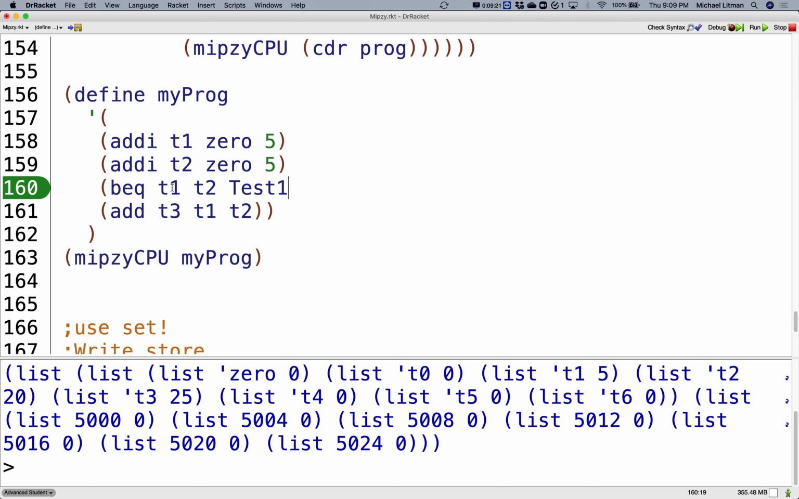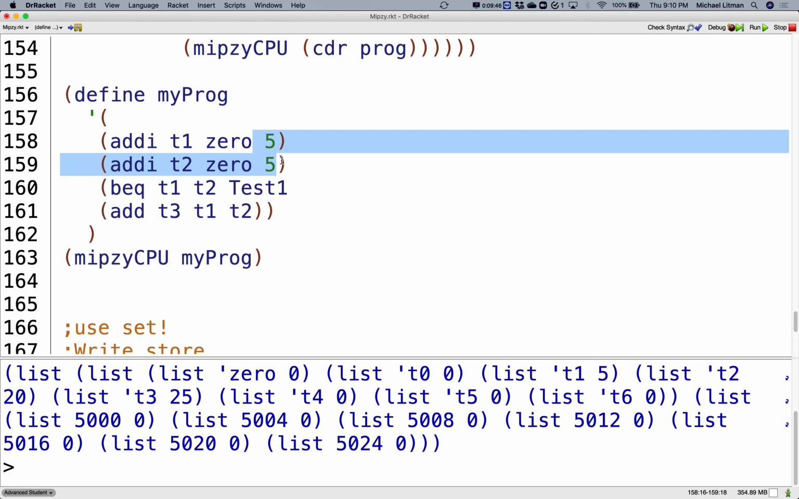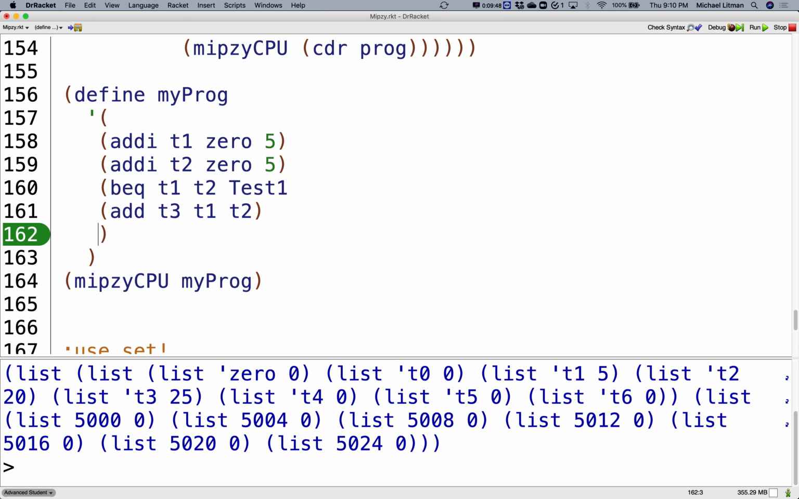All right, so if these guys are equal to each other, we're going to branch to test 1. Now I'll just go ahead and leave this add T3, T1, T2. So T3 should have a 10 in it if we hit this line. That's going to be our test case, right? Because as it is right now, T1 and T2 are both equal to each other. They're both 5s. So if I go ahead and put a test 1,